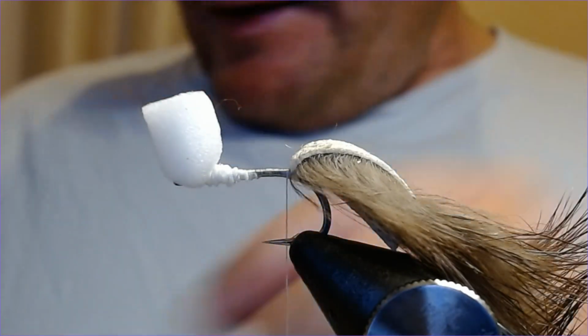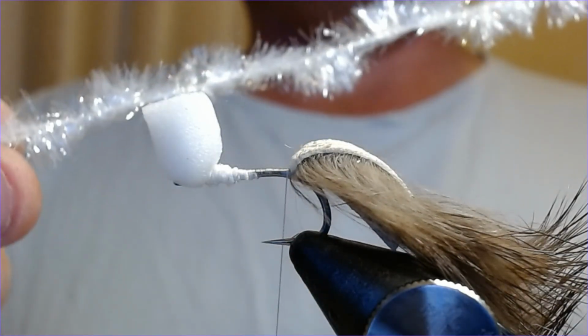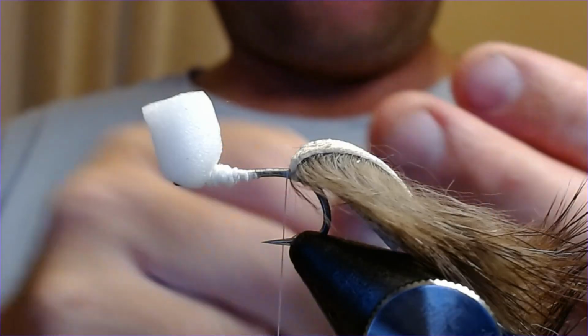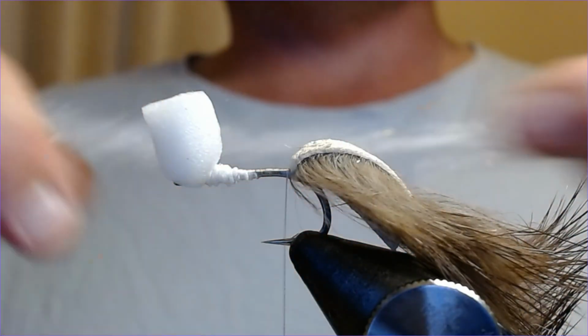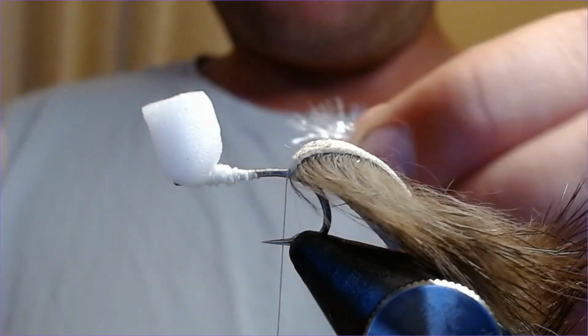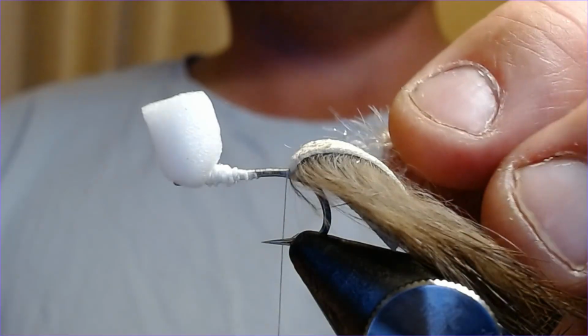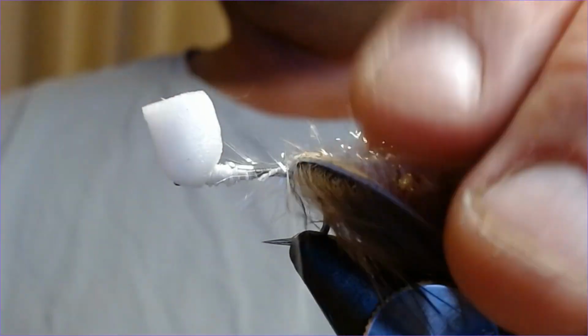Body is just a white fritz with a bit of pearl on it, if you like. This is just a standard white fritz, 15mm, and we're just going to make a nice big thick body with this. So again, anything you do with the fritz, just strip back the core. Okay, offer it up to the hook, tie it in,